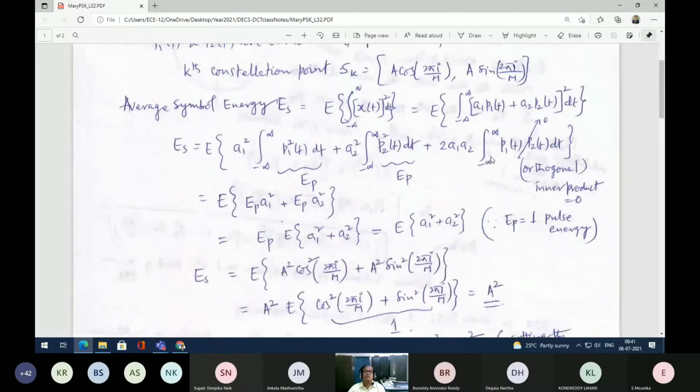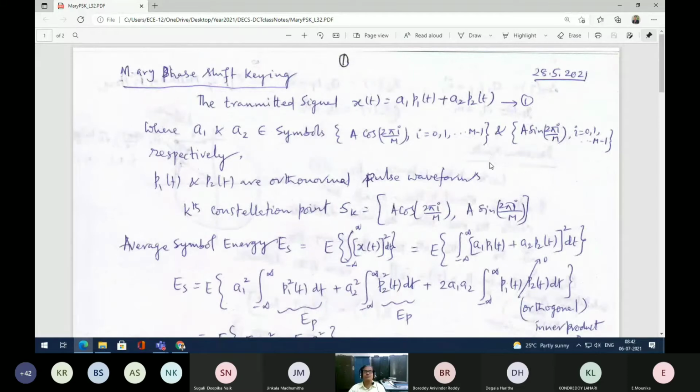Yeah. So now we are talking about M-ary phase shift keying, M-ary PSK. So far we have discussed M-ary types. There is M-ary PAM, and then M-ary QAM, and another one is M-ary phase shift keying. Among these three, M-ary QAM is very popular. It is being used in 4th generation wireless standards, and also in 5th generation wireless standards.